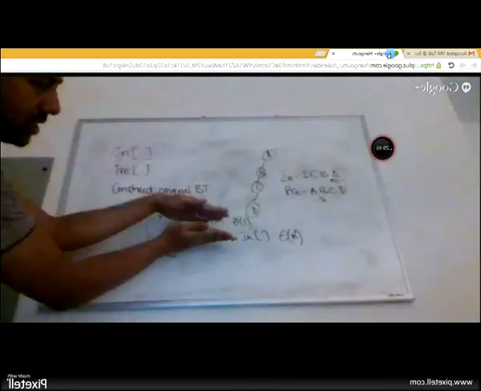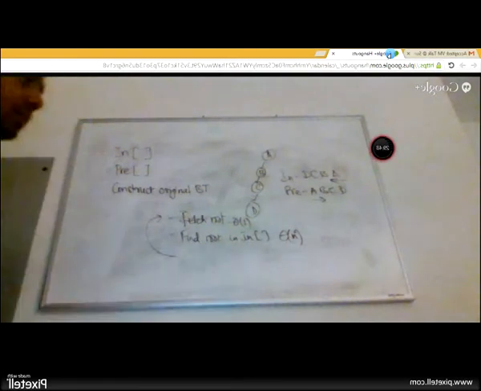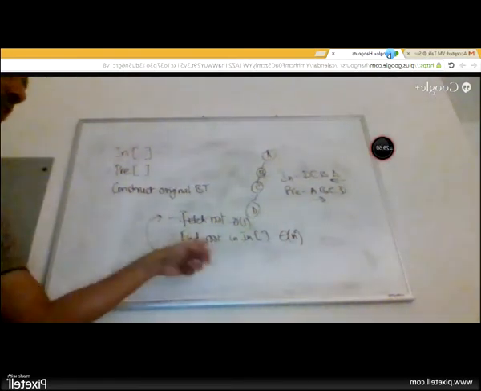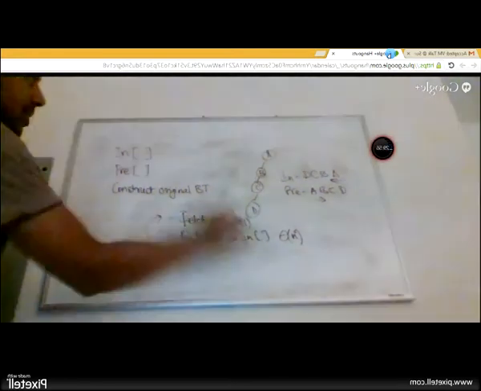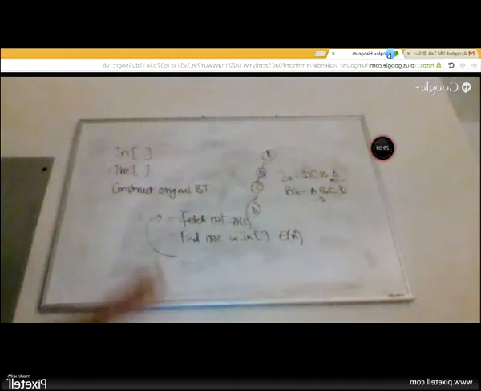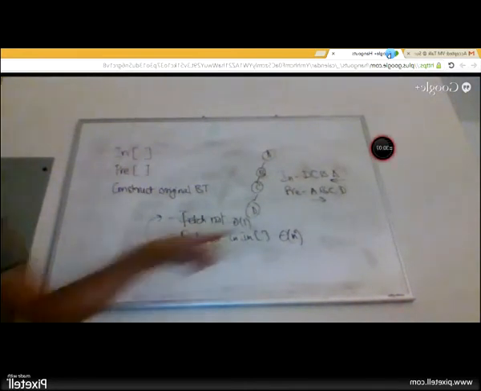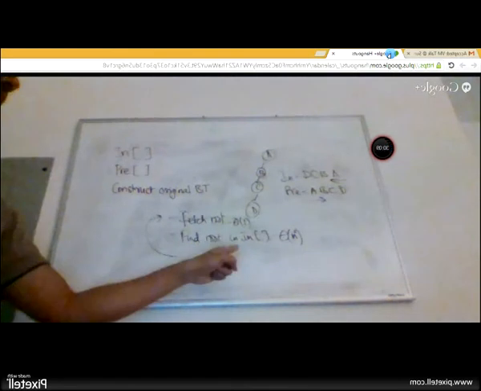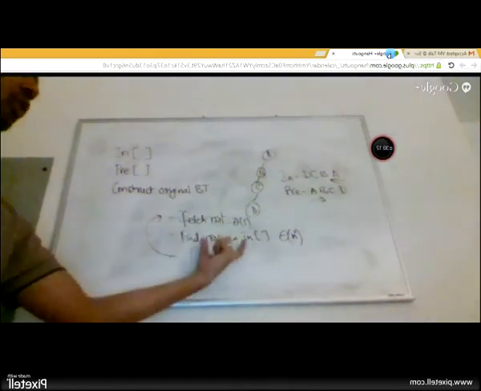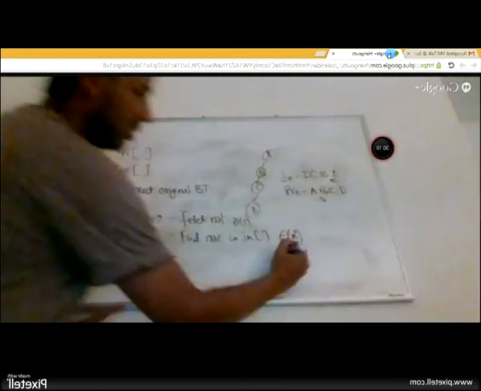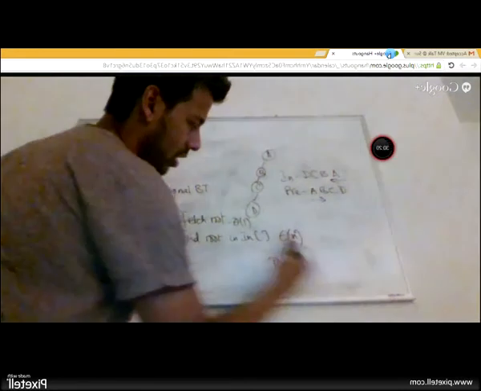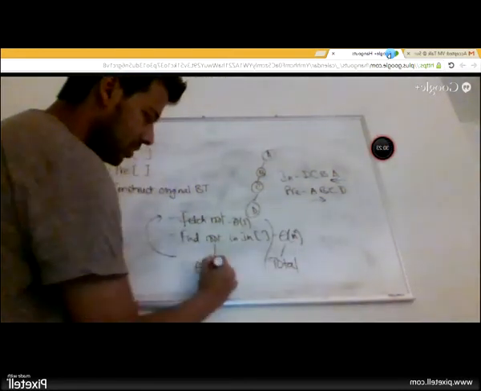Forget the problem. This has nothing to do with binary trees itself. You're basically finding a root element, which is an integer value, in an array of integers. In-order is basically an array of ints. Pre-order is an array of ints. We're finding a key value in an array of integers. So this is n square because for every node I do n. The total time complexity of this code is n square, but this operation itself is order of n time.